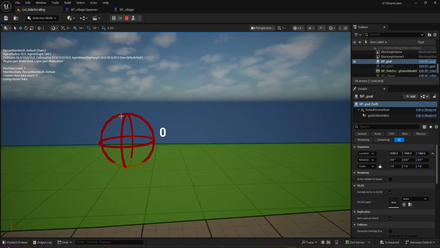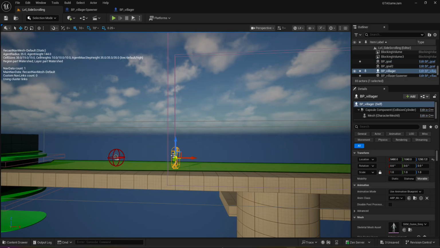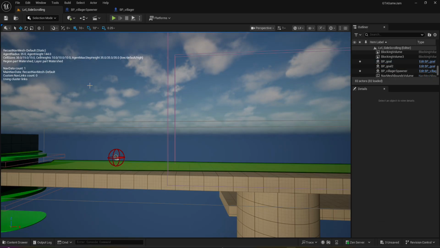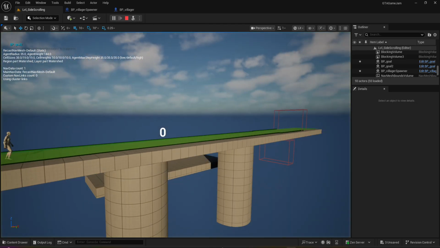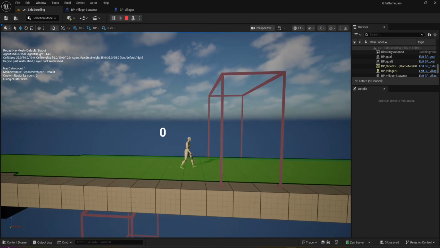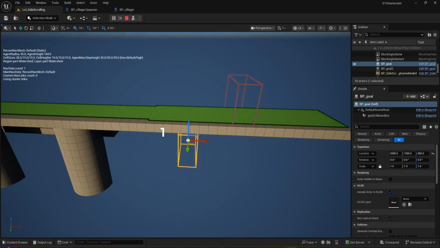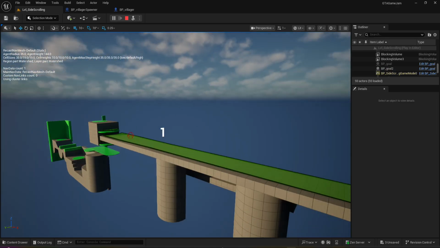So now that our spawner works, we can stop this. We can move him out here. And let's just test it one more time. Works perfectly. Beam. We can actually delete this right now. Now, so our spawner works,